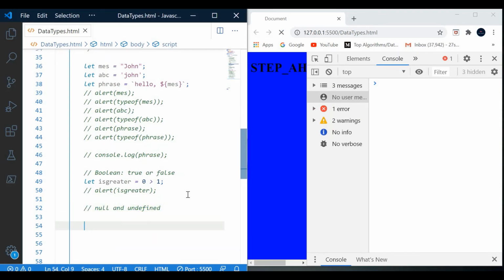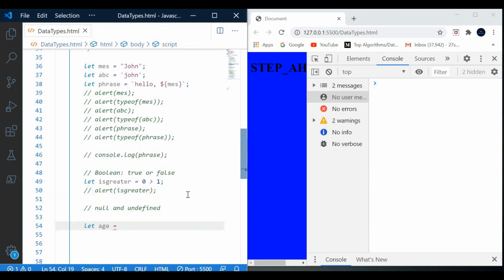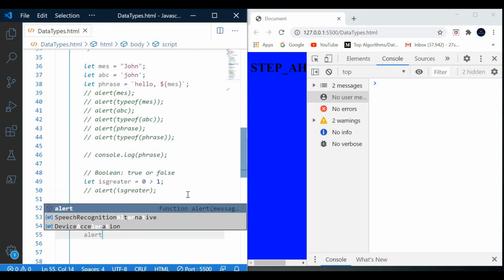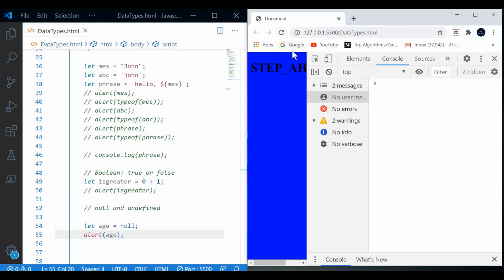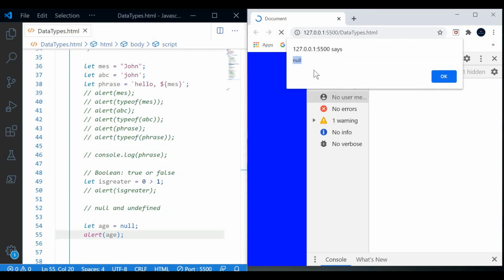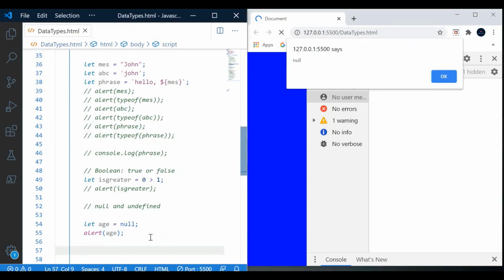So if we have an example like let age, we are declaring the age variable as null, meaning it has no value, it is empty. If we are going to see what it has, it will give null. The value of the age variable is null. And we will check for undefined.